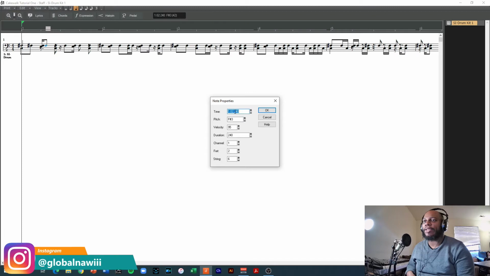Right now it's set to 240. So eighth notes are 480 and 0. 16th notes, you just take half of that, divided by 2. So 480 divided by 2 is 240. So every 240 will give you the 16th notes. So 240, 480, 720, and then back to 0. For 32nd notes, you divide the 240 by 2, which gives you 120. 120, 240,